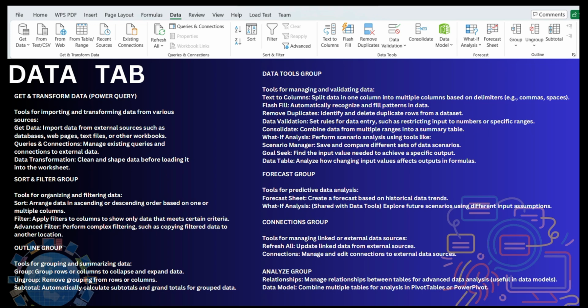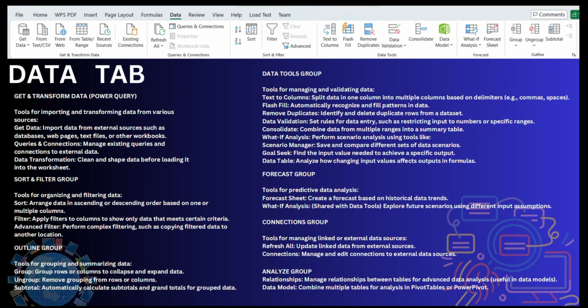You can split data into multiple columns using delimiters or commas, combine data from multiple sources, or find and remove duplicates. And the forecast group is used for predictive analysis by creating future trends based on historical data. For example, you can forecast sales trends for the next month using existing data.